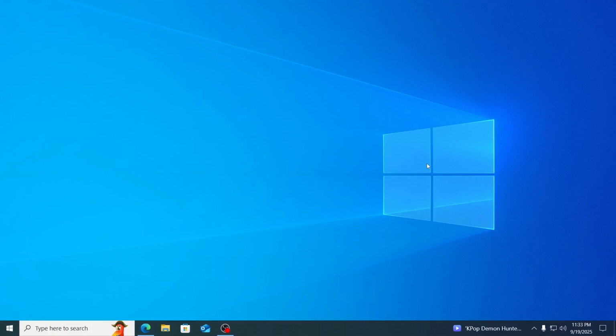And basically that is how to turn off mouse acceleration completely on your Windows 10 laptop or desktop